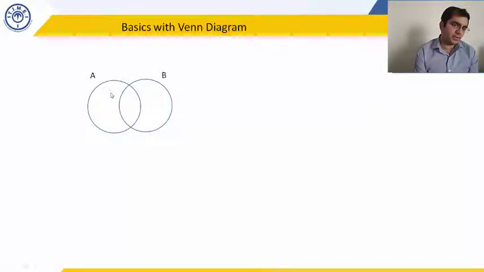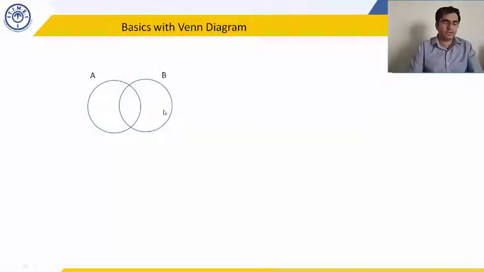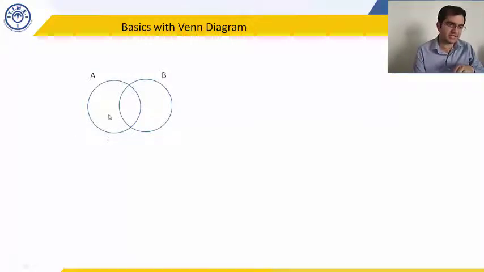This arrow, what is this area? This area is only A, those people studying only subject A. Now what is this common area? Those people studying both subjects A and B. And what is this whole area? Those people studying only subject B. Okay, please write this in your copy. What are these respective areas? You can make an arrow over here that this region represents only A. This is both A and B, and this is only B.